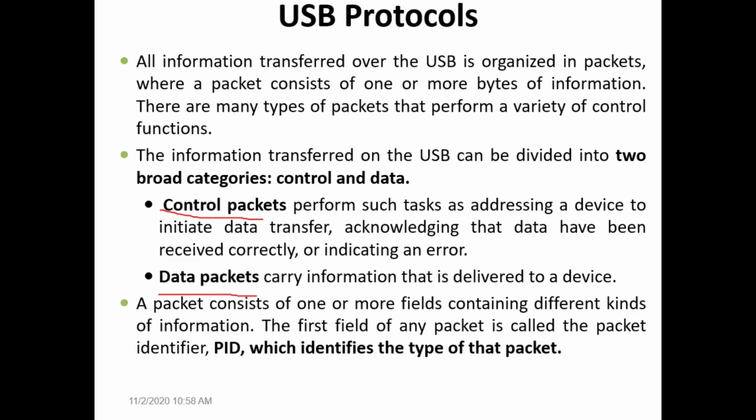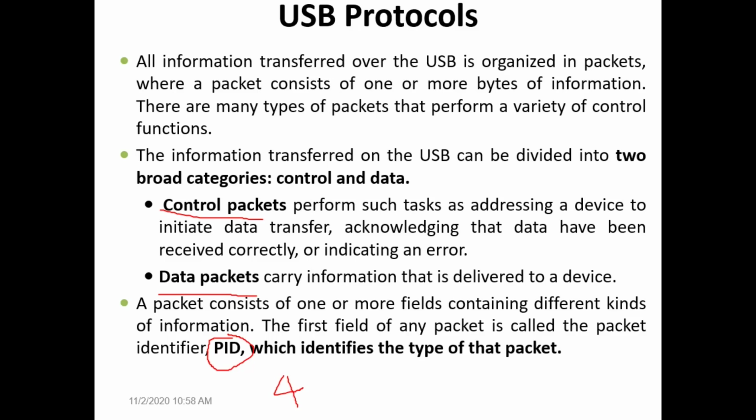Now when a packet is transmitted in the tree structure, not only is the required information, control information or data, stored in the packet, but also a special field called PID is there for every packet, that is, packet ID. What is the use of this PID? A PID is a 4-bit number which informs what kind of packet it is. Every packet has a PID.